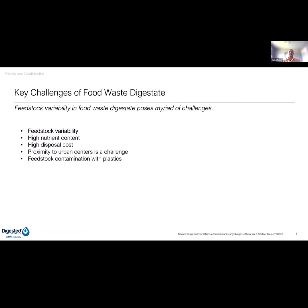And let's look at some of the key challenges that we see in food waste digestate. I know Mike and Paul have already touched on this, but the biggest challenge that we see in food waste digestate is the feedstock variability. There are seasonality variances in the feedstock. The nutrients in winter could be way different than the nutrients in the summer. The high protein content or high ammonia content or high fiber content will lead you to design differently for these